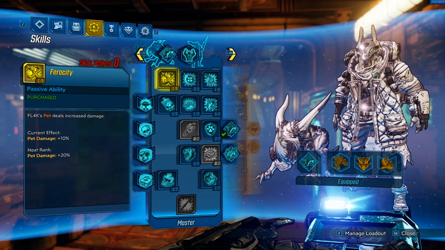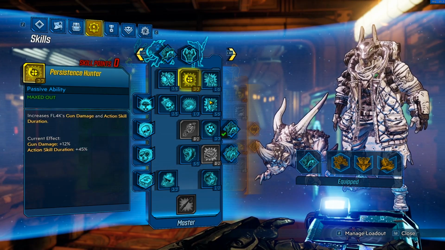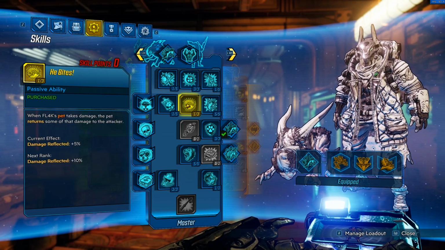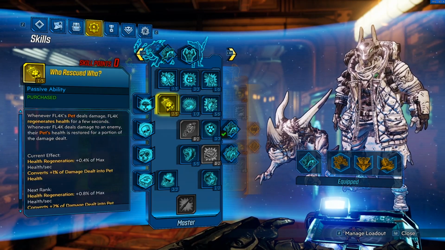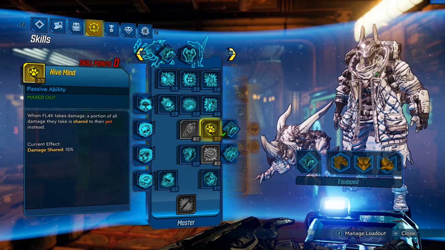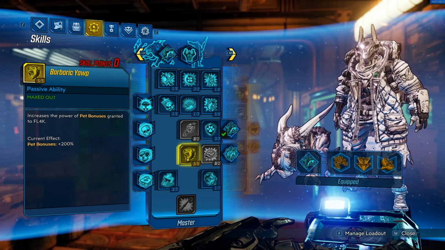And then the next 2 points are just going into the other skills so we can get down to Frenzy. We're going to max that out. That's a huge damage boost. 1 point into He Bites to proc Frenzy, 1 point into Who Rescued Who so you can help keep your pet alive, 3 points into Hive Mind for some damage mitigation,